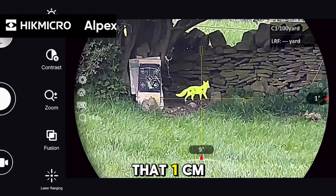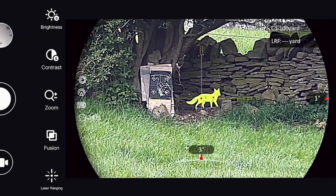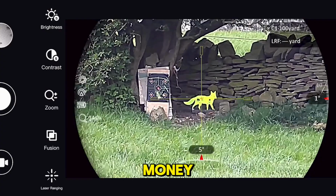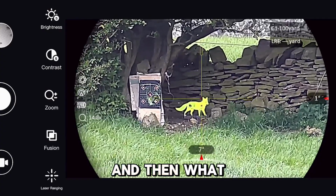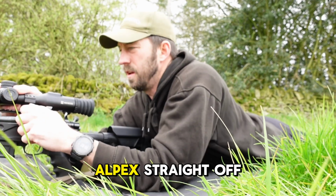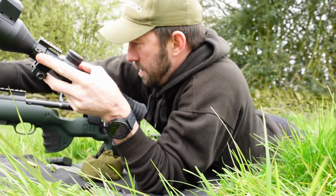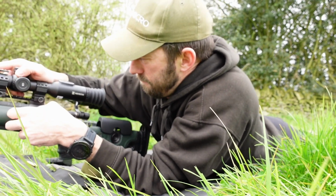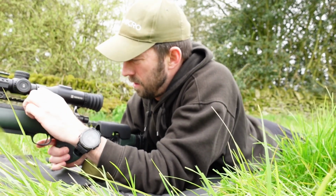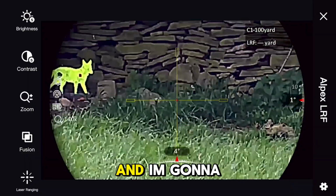As I said there, 1 centimetre by 1 centimetre. Get comfortable. There you go, straight on the money. And then what we're going to do is take the Alpex straight off, that one out of the way, next one in. Straight on, I think that's where we're at. And then just going to mag out quickly